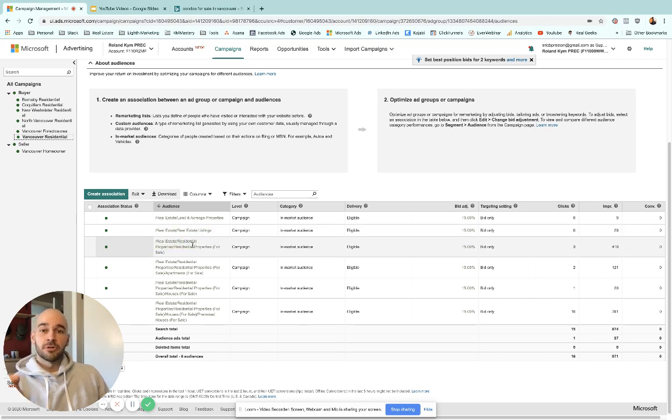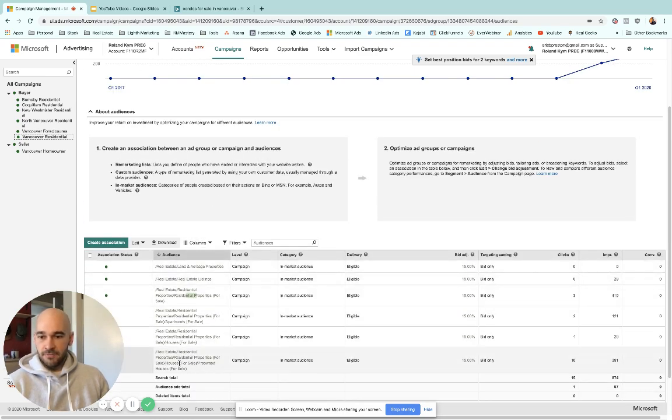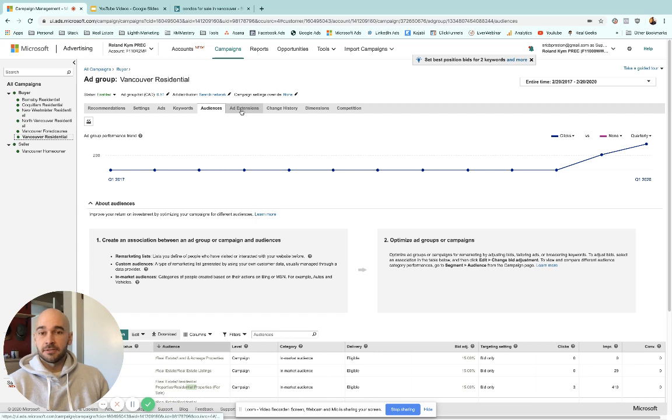These are essentially people that Google and Bing have been tracking on the internet and who have already been searching for those types of things. So it's going to try to show your ads to the type of people that have been searching for real estate listings online, or are homeowners, for example, and have been searching for land and acreage properties, real estate listings, residential properties, all this kind of stuff. So you basically want to add these audiences in, and it's going to prioritize your ad to people that have already been doing the behaviors you're looking for on the internet, so looking for properties, essentially, right? That's another thing you want to add in here: all the ones you can find that are related to real estate sales, real estate listings. There is one in there for homeowners as well that you want to put on